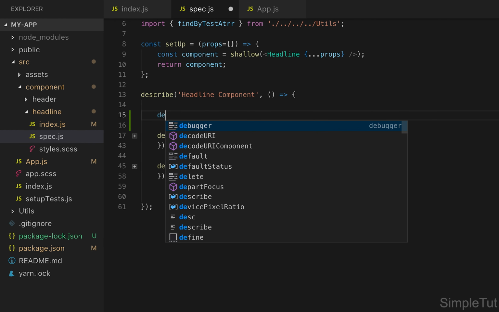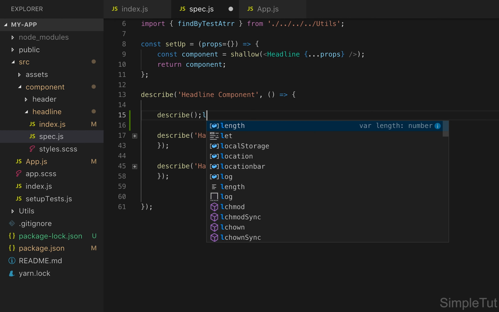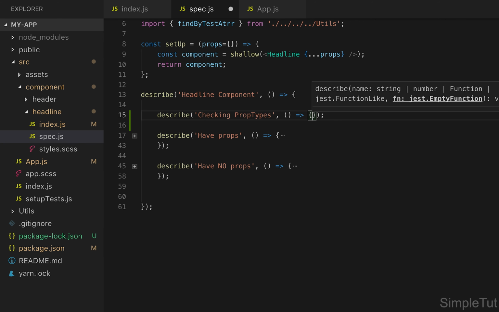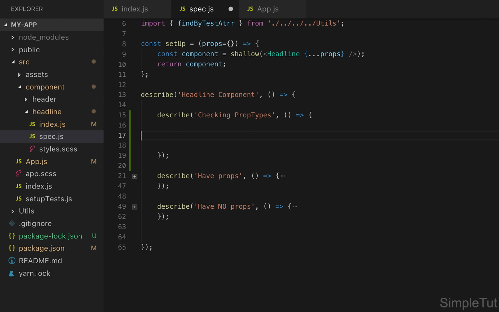and within my main describe function, I'm going to create a new describe, and we're going to pass a string here that describes the tests that we'll be including within this describe function. So we're going to be checking our prop types. We're going to pass it a function, and within this describe function is where we'll have our tests. So the first test we're going to write is that our prop types, it should